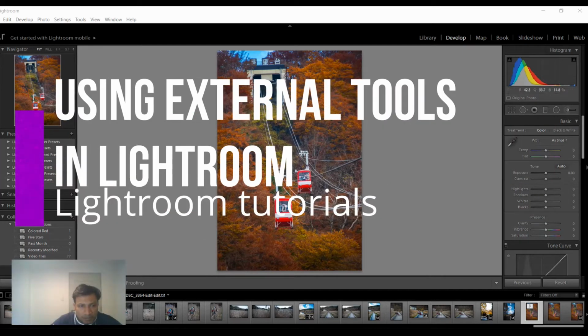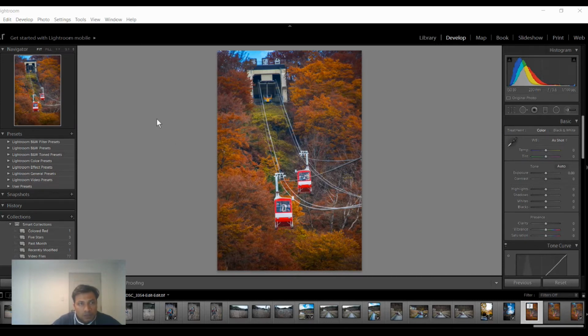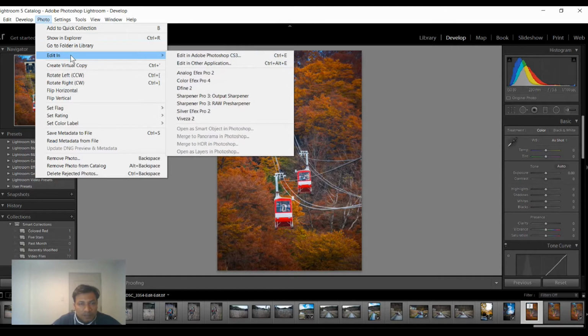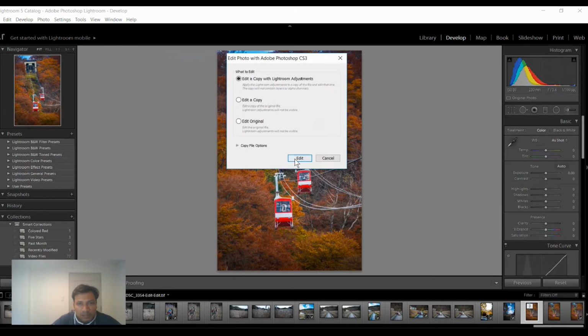Okay, today we are going to learn how to utilize the external tools with Adobe Lightroom. So when you go to this menu, you see Edit In, and in this menu you can see Edit in Adobe Photoshop CS3, which is installed in my system. Once you click in here, you will basically get a pop-up like this, and basically you can choose